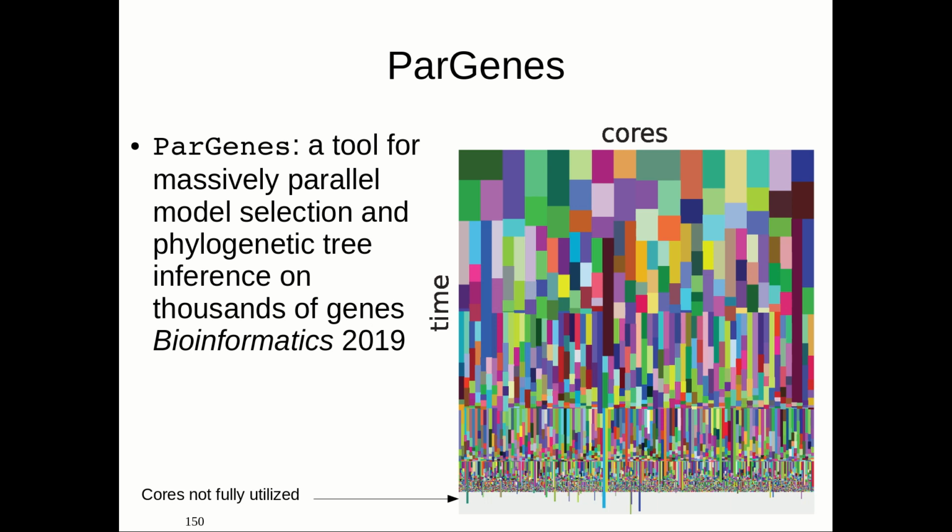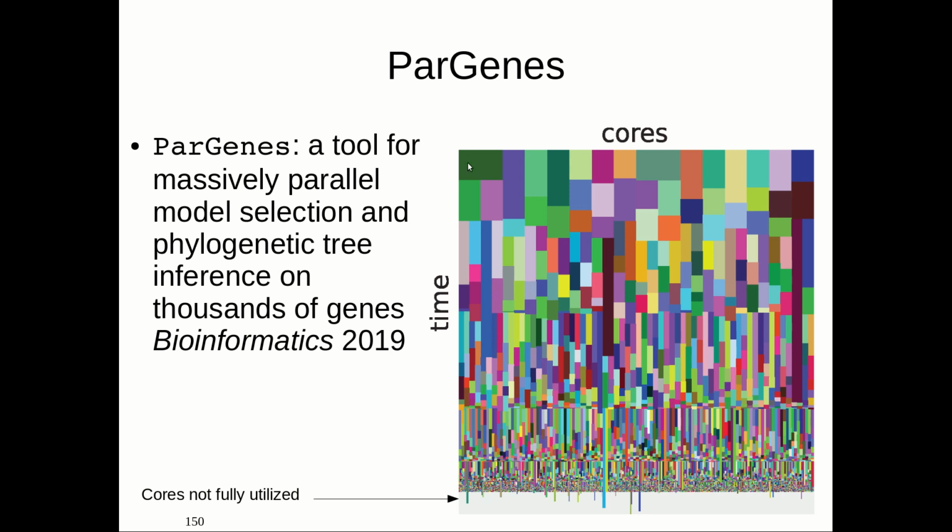Okay, another tool that we've recently developed is called Part2. It's a tool for massively parallel model selection and phylogenetic tree inference on thousands of genes. So this is something that you want to use when you're doing gene tree, species tree reconciliation. You have a large data set with 1,000 or 2,000 genes, and for each gene you need to do a maximum likelihood based tree inference. So the cool thing here is that Part2 will do that automatically for you. On the one hand, it will run a model test and do maximum likelihood tree inference,